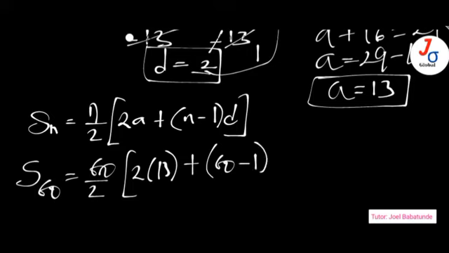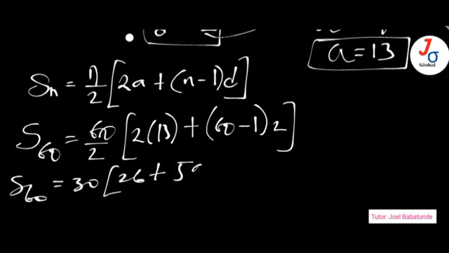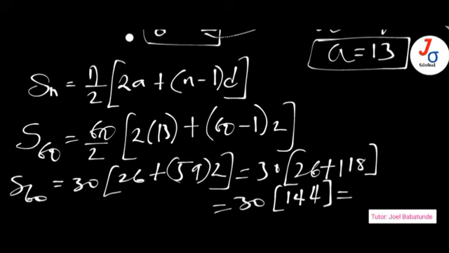Then we close up that bracket. And so we are left with S30 equals 30 over 2 into 26 plus 59 times 2, and that gives us 30 into 26 plus 118, since 59 times 2 is 118. So you have 30 into 26 plus 118, I got 144, and 30 times 144,